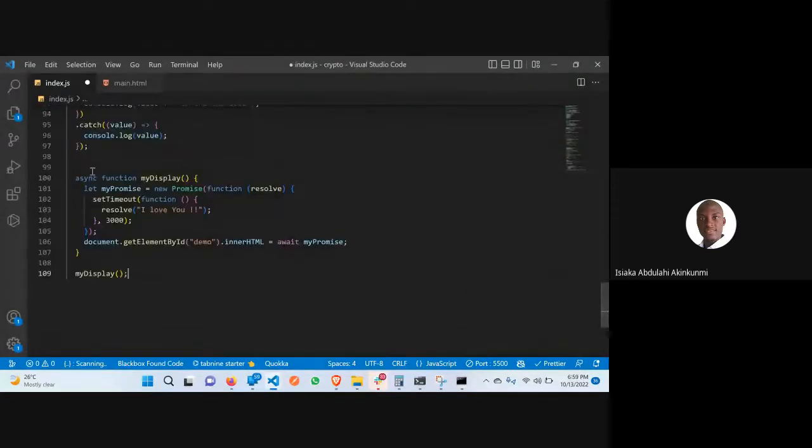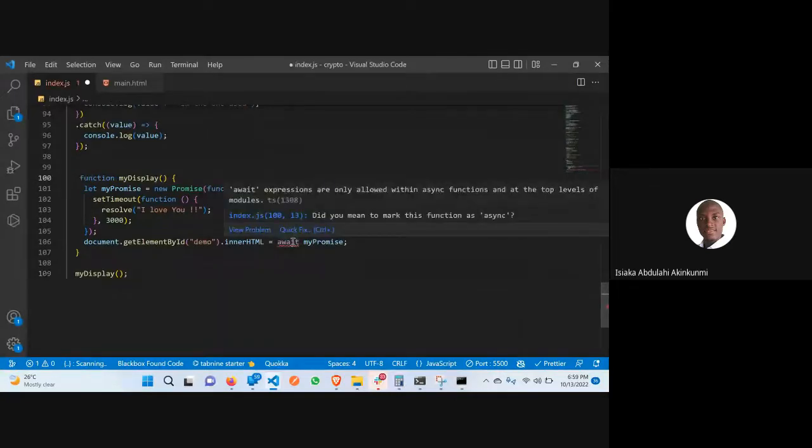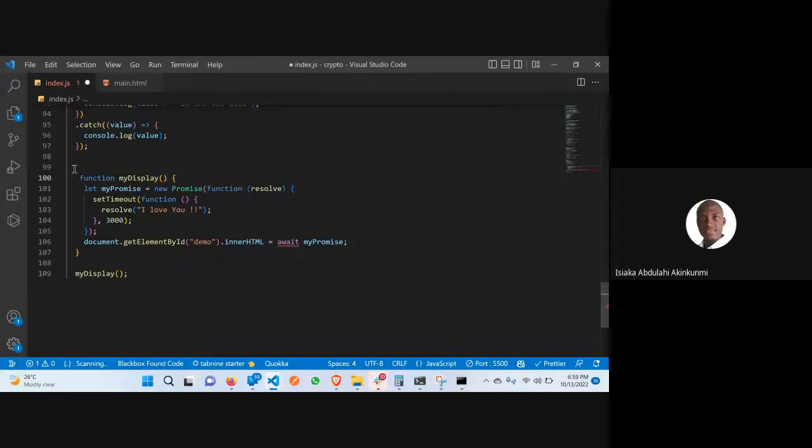Now, you have to use this async for it to be able to use await. You must be able to use async. But if you are